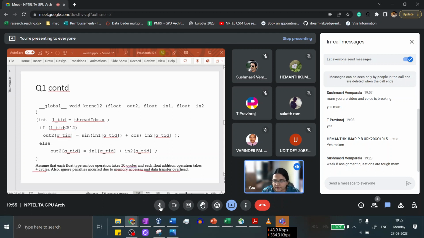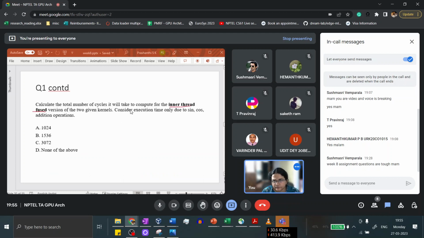Any answers so far? Here are the options again. So we went through what is inner thread fusion, right? So you have these two kernels. Now you will do inner thread fusion on them. Think about what happens to the number of blocks, the number of threads for the fused kernel, and then think